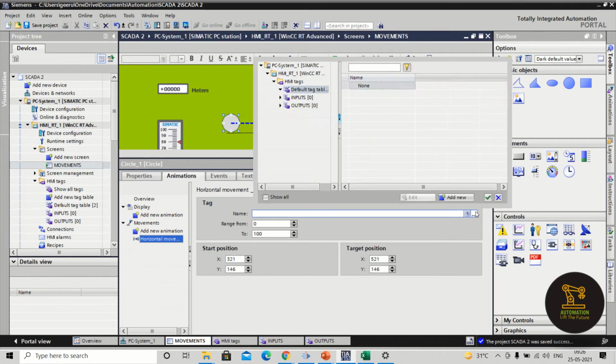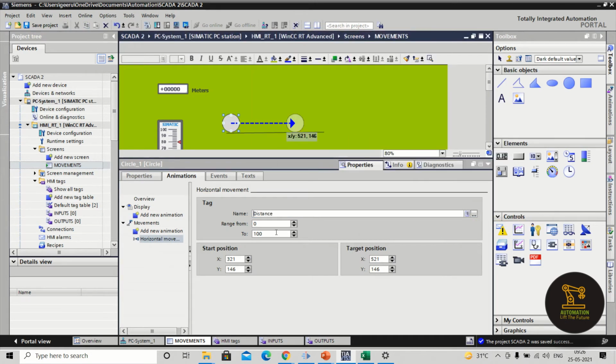Now it is asking me the tag name. Give the tag name as distance. So in the value of the distance is 0 to 100, it should move from here to here. Example, if I am keeping it as 0 to 20. So that is simple, that when the slider value is 0 to 20, when it is 0 it will be here, when the value is 20 it will be here. I am making it as 50, right? And you can see the starting x coordinate and y coordinate values, position values here. And you can also see the target one. You can also change the target by selecting this. I want to get back to here, so automatically the values will be updated.